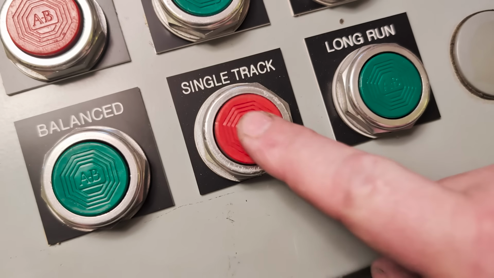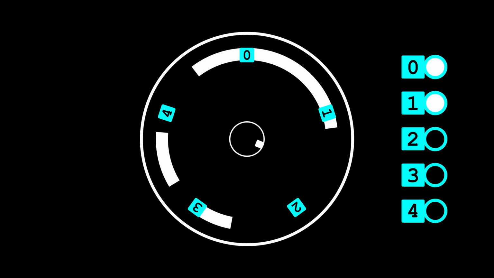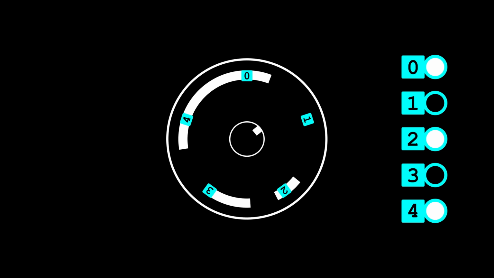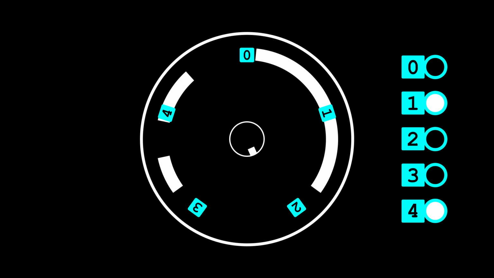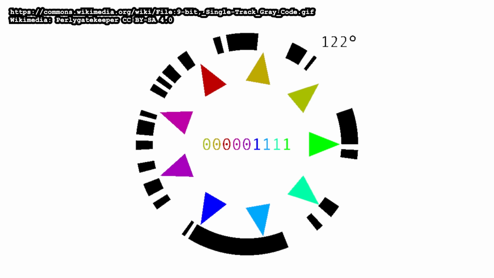Single track. This is a variant of the basic idea for rotary encoders, but instead of having all the sensors bunched together reading multiple tracks, this uses sensors spaced around the circumference, all reading a single track. If you want an excuse, maybe it's an application which only has room for a single track on the encoder wheel. The one in the animation would provide 12-degree resolution, and is the equivalent of the one visualized on the stack light. But for a more extreme example, check out this 9-bit one on Wikipedia that would give 1 degree